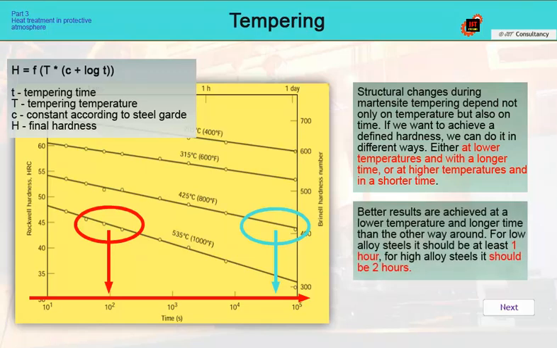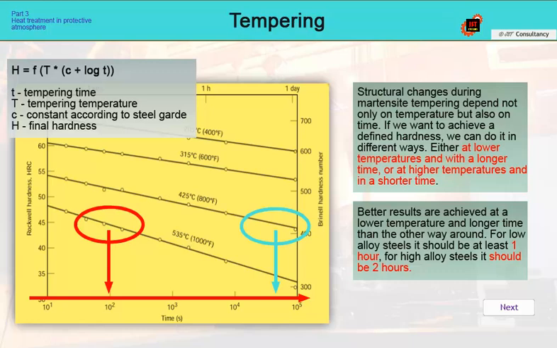For low-alloy steels, it should be at least 1 hour at temperature. For high-alloy steels, it should be 2 hours. If we use classic diagrams with tempering curves, it is important that it is always stated under what conditions the hardness was achieved. Otherwise, it is only indicative information, and we have to verify it under our conditions used in